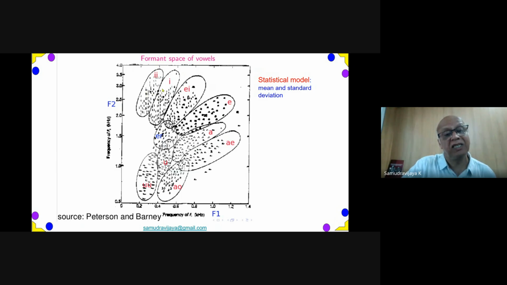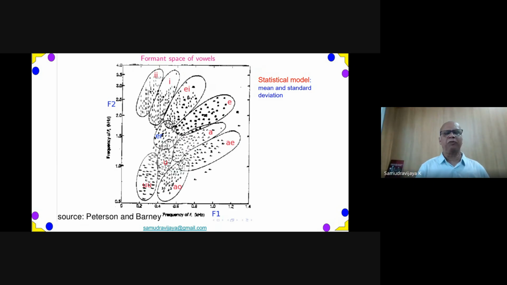But different people have different physiological characteristics. Therefore, the vowel E spoken by different people does not have the same formant frequency. Children will have higher formant frequencies, adult females will have medium-sized formant frequencies, and adult males, taller people, will have shorter formant frequencies. Therefore, even a single vowel, E, spoken by different people does not have the same formant, but they are nearby.